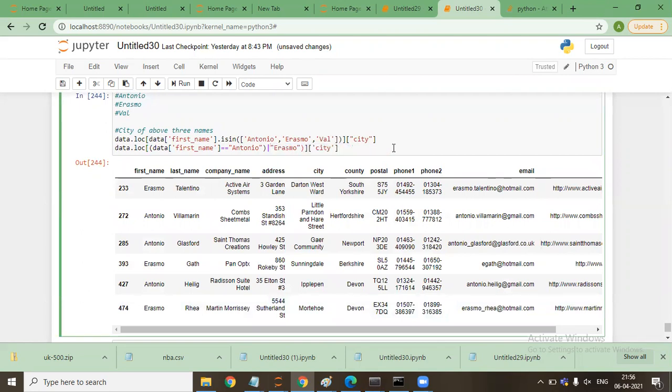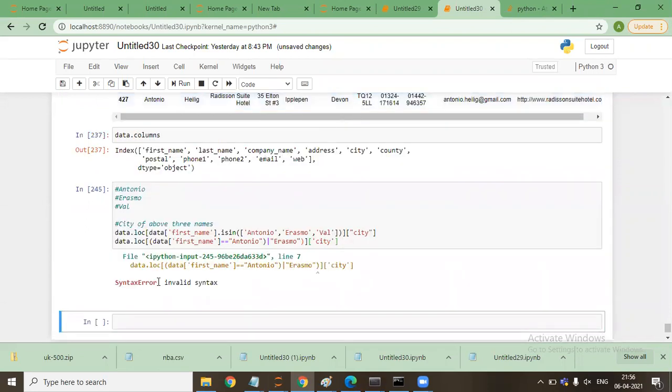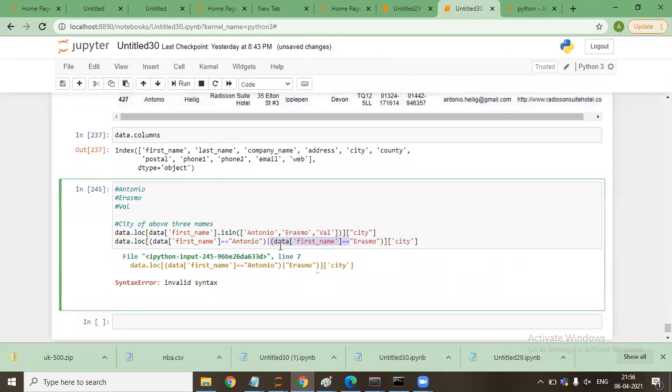Let's try with and. Yes, we can. That is also feasible. So there are a number of ways with the help of which we can try, but this will not work. And this says that we need to specify like this.